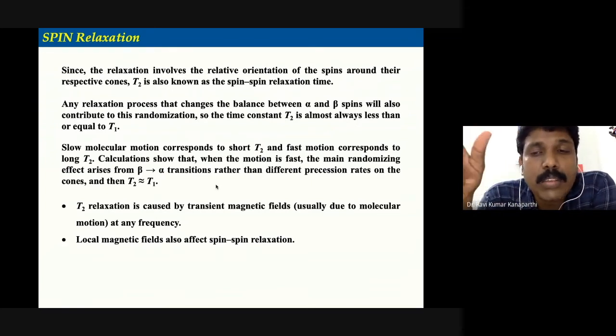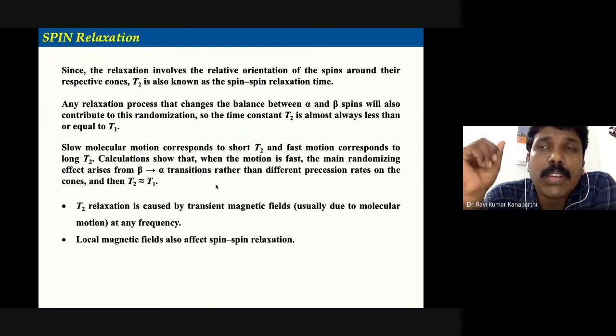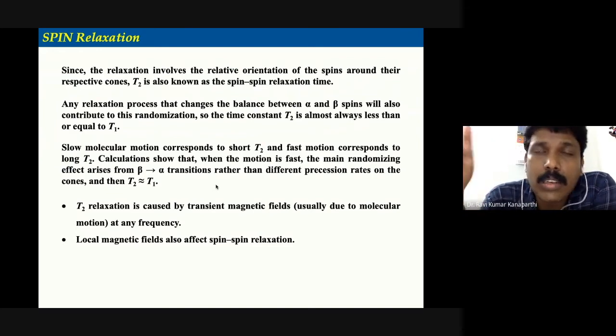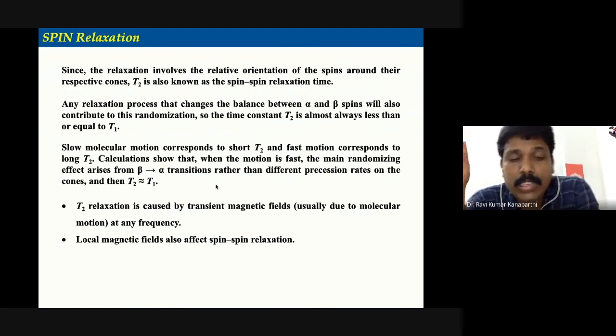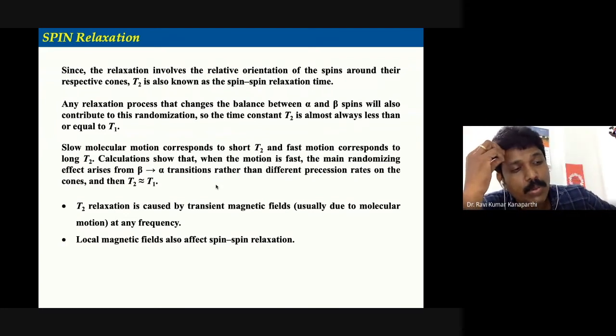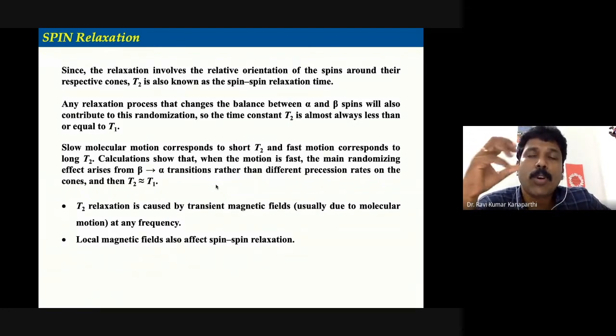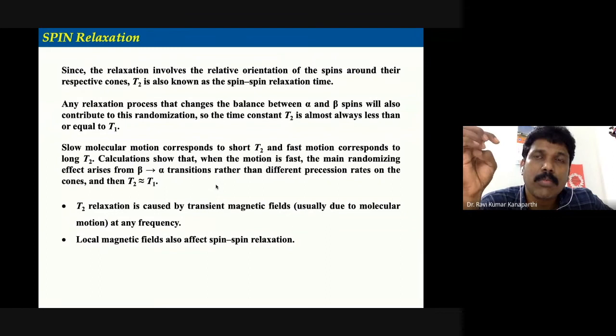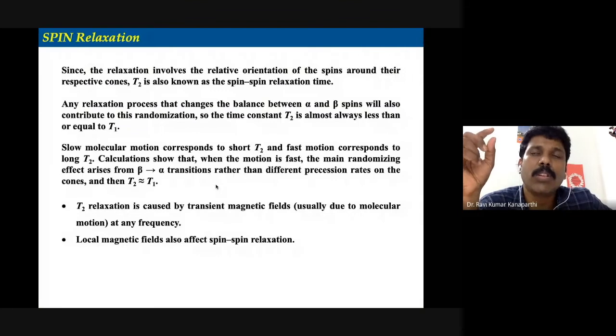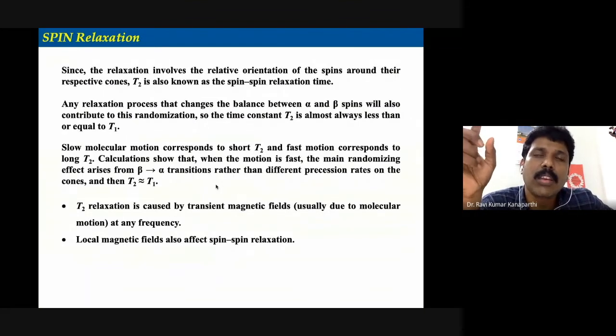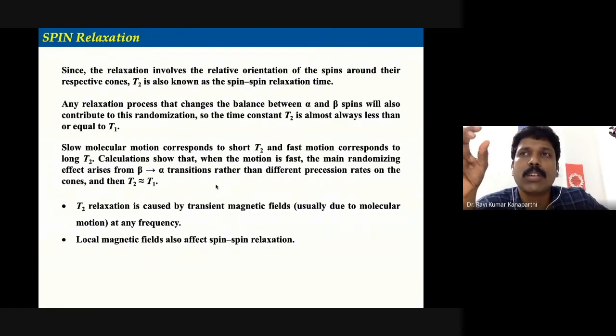inhomogeneity. That means in the nuclear magnet, it is related to the nuclear magnet inhomogeneity, which means that even though we are applying a 1 Tesla magnetic field to all the nuclei, because of the inherent property of the magnet, it will not be exactly at 1 Tesla. So not everything will precess at 1 Tesla. It will be slightly different. So there will be plus or minus. So that is what is referred to as the magnetic inhomogeneity.